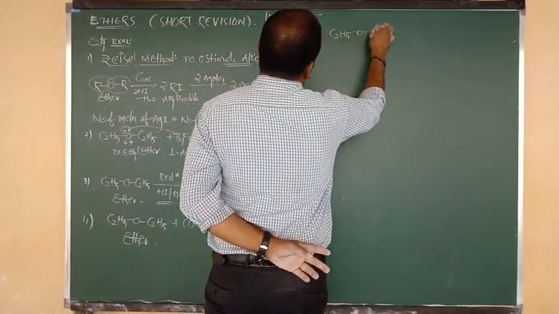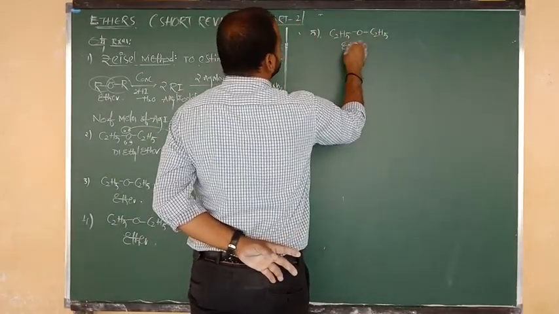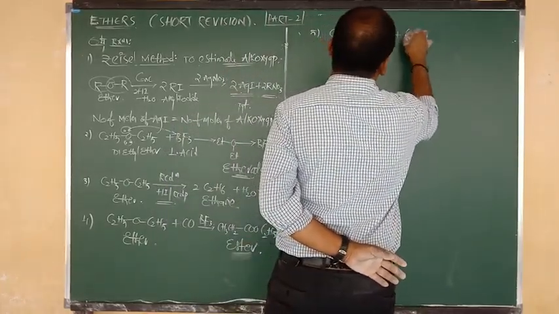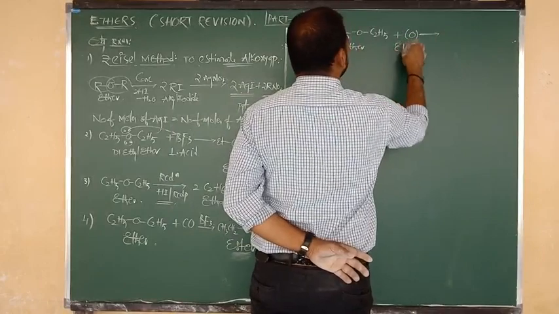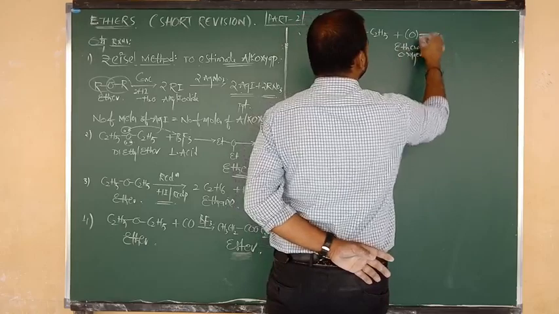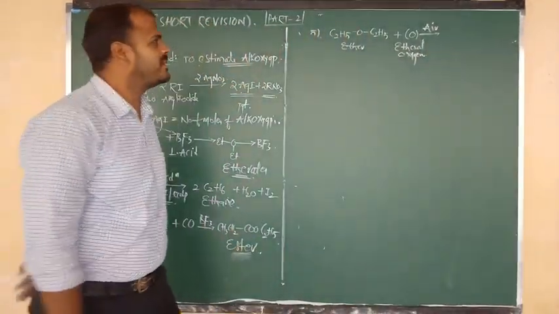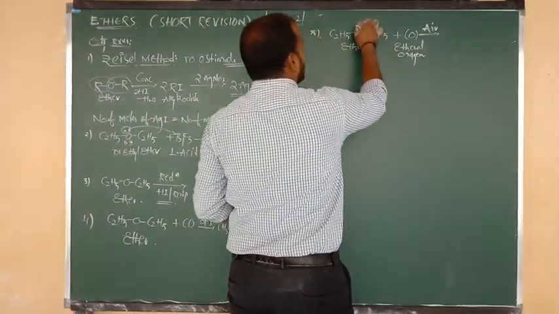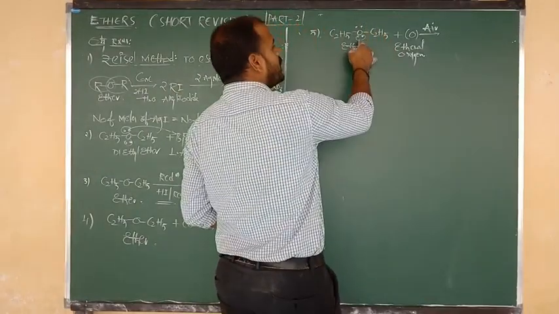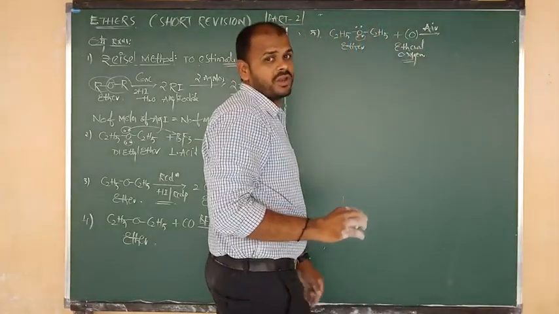C2H5O, O bonded to C2H5, diethyl ether, and suppose it undergoes reaction with oxygen. Which type of oxygen? Ethereal oxygen. Sir, what is meant by ethereal oxygen? Nothing but simply the reaction takes place in presence of air. Nothing but oxidation by air. Now here, oxygen contains a lone pair. So the lone pair is nothing but the more active site. It is donating its lone pair to the ethereal oxygen. Ethereal oxygen is deficient in nature. Try to remember the name.